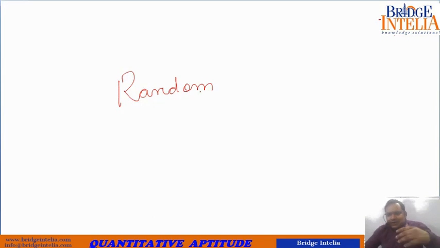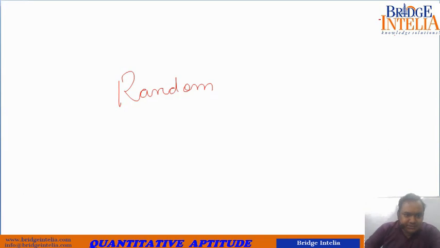Now I will not tell you what the pattern is, because earlier you already knew which pattern was being talked about. Now we will simply solve a few random questions, and let us see whether, on the spur of the moment, we are able to identify the exact pattern or the exact concept that needs to be applied there. So let's do that. Okay, so let's proceed.